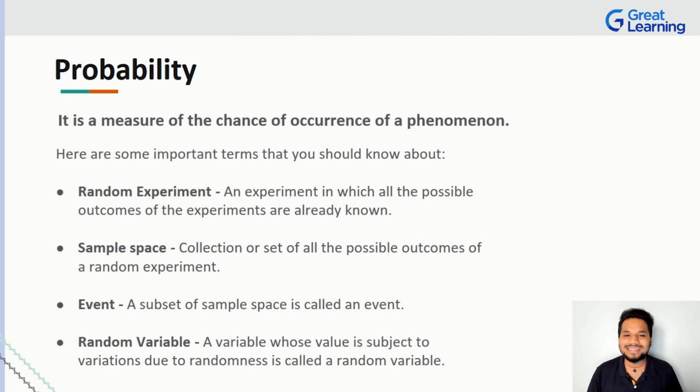Next, we have something called a sample space. Sample space, as you already know, is basically a set of all the possible outcomes that we can have for a random experiment. Now, think about this. We're not talking about the population. Population is basically everything we have to assess. Sample space is a small collection or a set of all the possible outcomes that we have to consider, right?